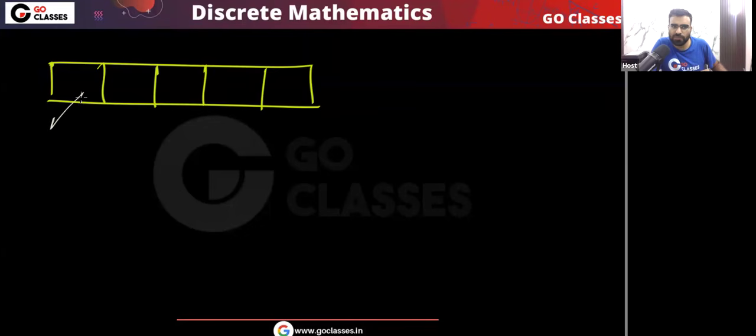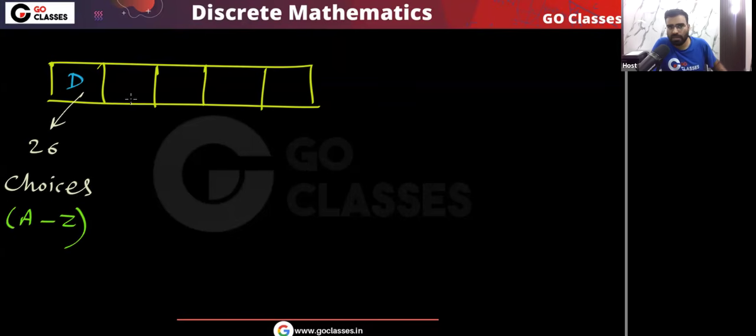That is very simple. For the first position, there are 26 choices. You can put any English alphabet here, from A to Z. Let me put D here. Now after this task is over, I have put the first letter. For the second letter, how many choices are there? Again, there are 26 choices, because again I can put any letter here.